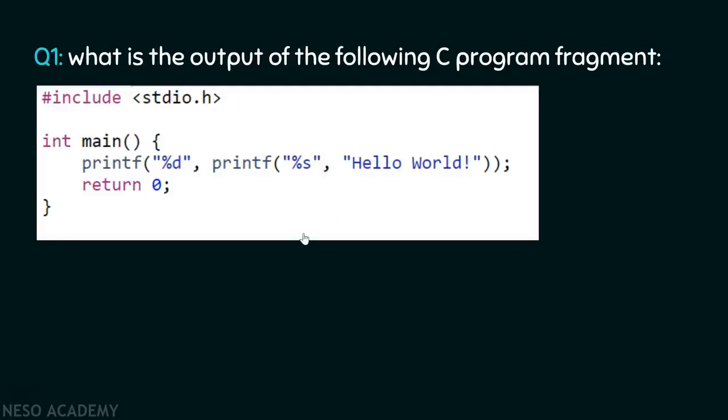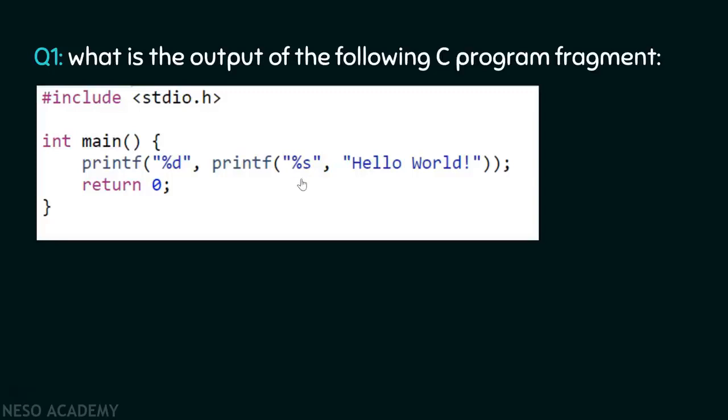Okay, here you see I have written a printf function, and inside this printf function I have written two arguments. One is %d. As we all know, this is a format specifier used to print an integer, and another argument is a printf function. Now this is something weird. In this argument we usually write a variable or some integer value, but here instead of that I have written a printf function. Now what does this printf function do? Inside this printf function I have provided the argument as %s. Now this is something new to you.